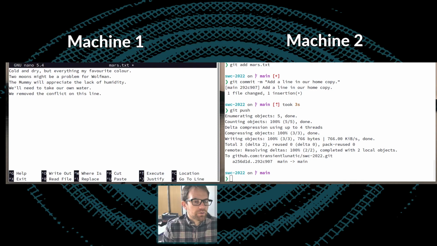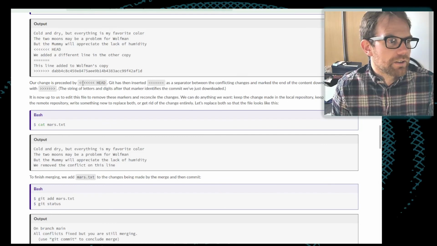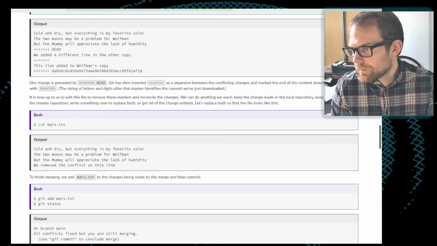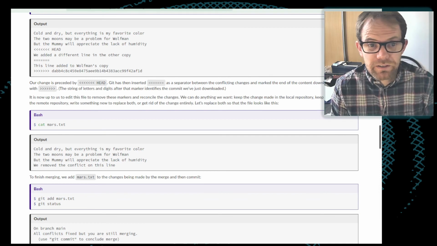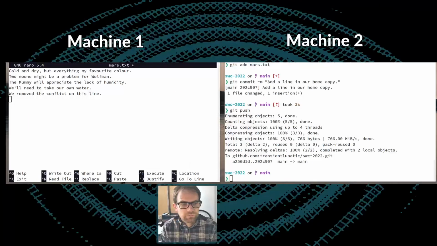The important thing is that we get rid of these lines which have all of the chevrons in and the separator equal signs. Those are just there to separate things out and make clear what Git has done for us. Okay, so we've made this change.